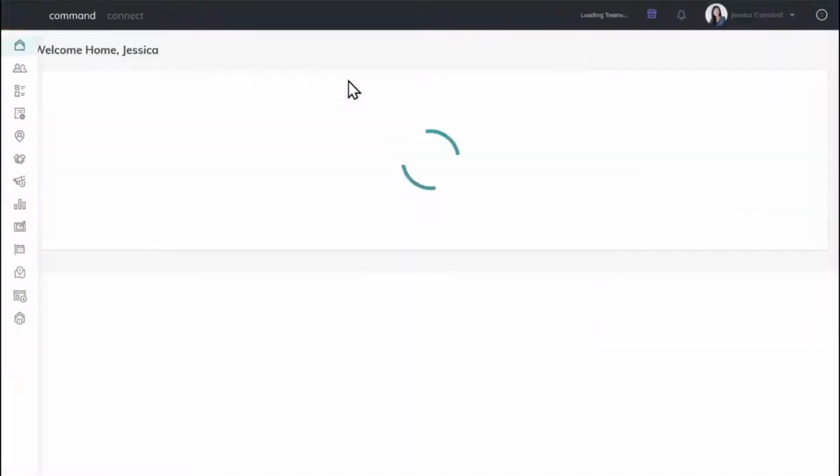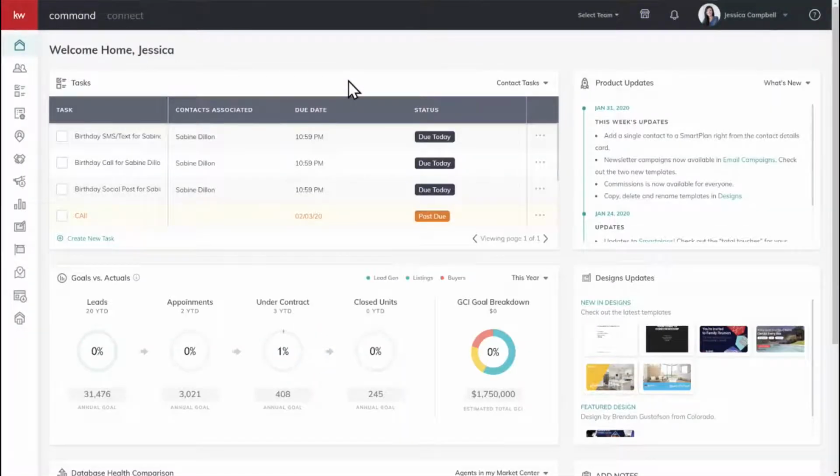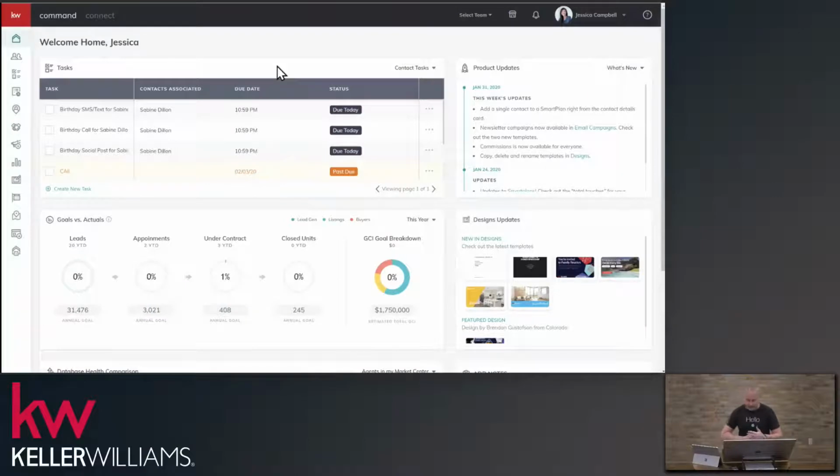And now we're actually going to just jump into the tool. Let's go to Command and check this out. So you're going to go to Command by going to agent.kw.com. You're going to log in with your KW login credentials, and you're going to get to this home page. Here's what I'll say. I want to talk through the prep real quick because you do want to actually create your custom tags and your custom fields before you start PieSyncing contacts into Command. So what I'll do here is we're going to go to Settings, go to your name at the top right of the page, choose Settings,